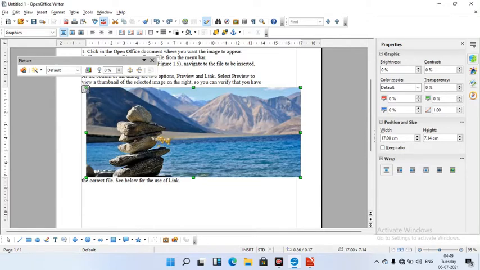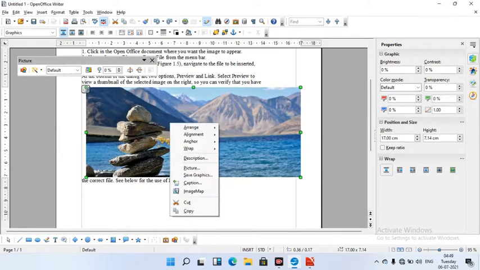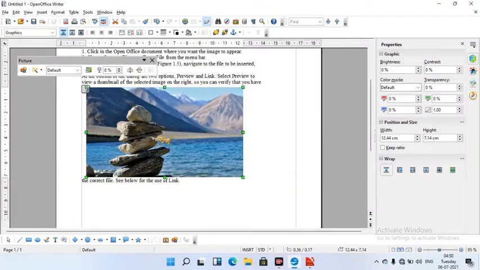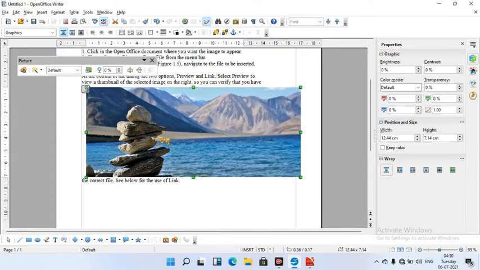Ctrl Z is for undo. If I say from right 10 centimeter, it will cut the right side portion of this image, 10 centimeter from right. Ctrl Z.